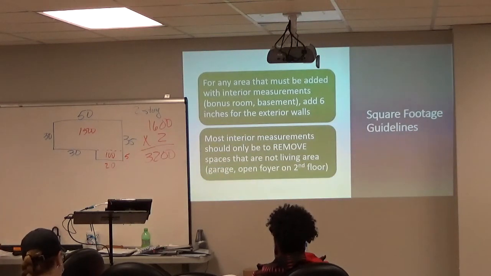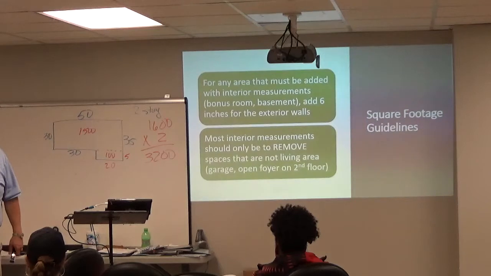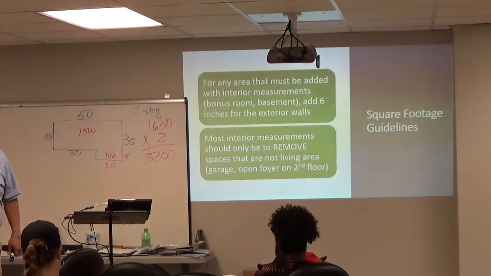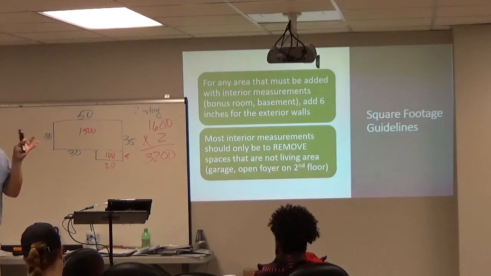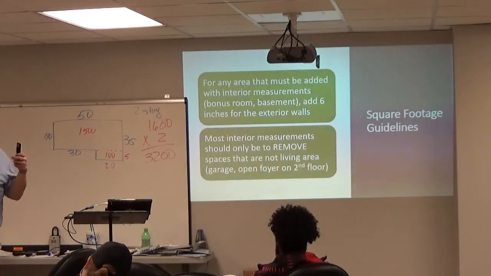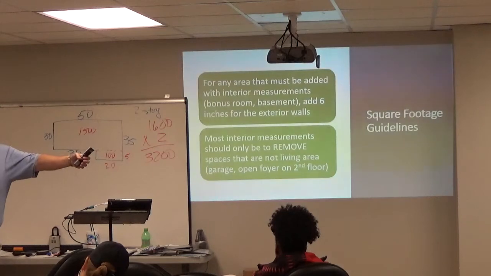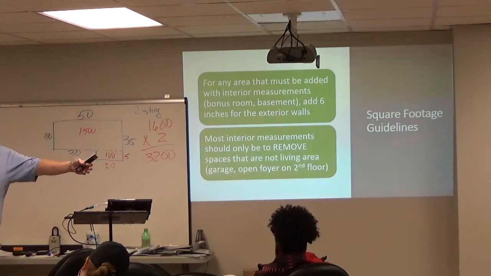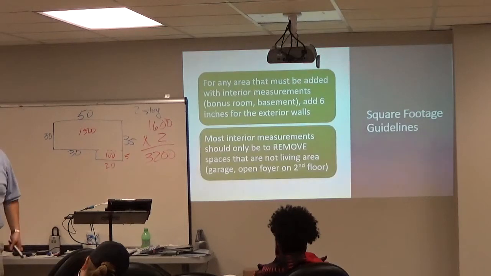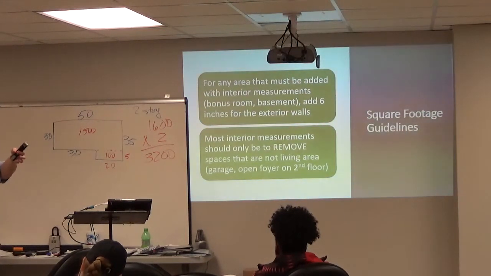But if you've got a space that can't be measured outside, like a finished basement, or an attic that's been finished, you don't have wings, as I already told Marla, right? You don't have an extension ladder. There's no way to measure that from the outside. So those spaces are going to have to be measured from the inside. Here's the thing. You've got to correct for the fact that you measured inside rather than outside. Is the measurement going to be shorter if you measure inside than outside? Yes. Because you didn't measure what? The walls. You've got to add 6 inches for each wall that you didn't measure.